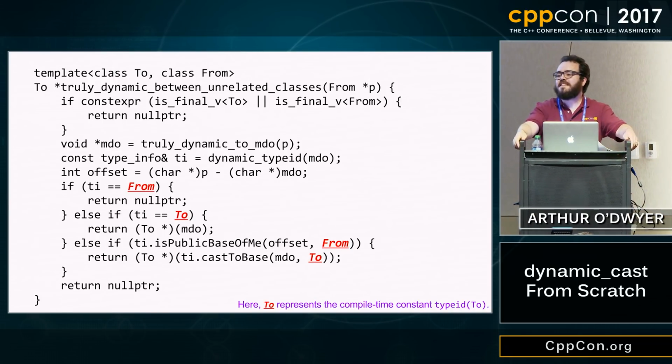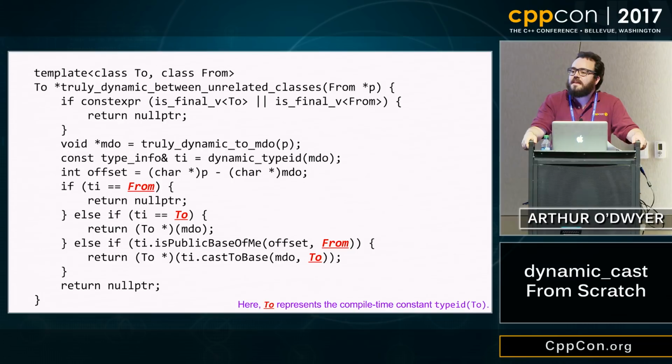Back there. I'm just curious, did you look at the size of the generated binary? Because it seems like with your approach, you're generating all these functions and hard coding the answers, so maybe it's a space versus speed trade-off. So the question is, how does the size of these generated functions compare to the size of the RTTI data? And the answer is, I don't know. I didn't look at that. I would expect them to be roughly comparable. Notice that the vast majority of these functions are just return nullptr, which is like 3